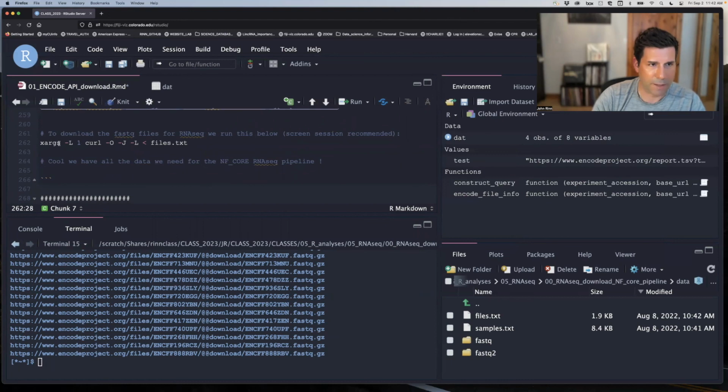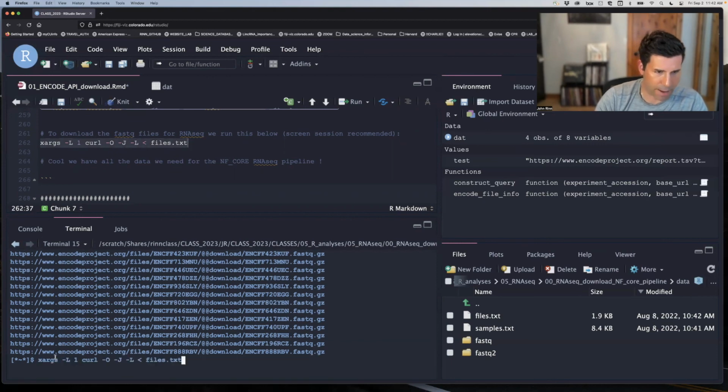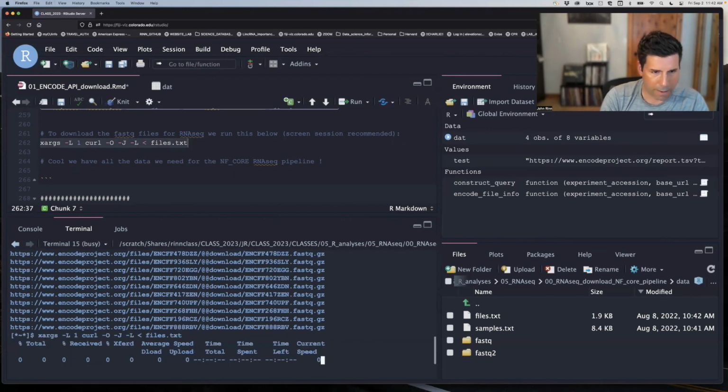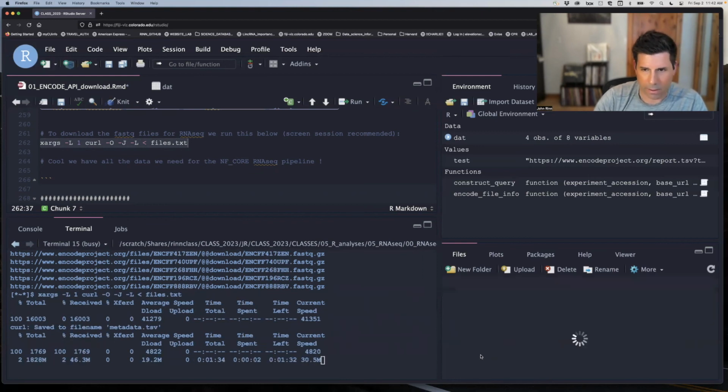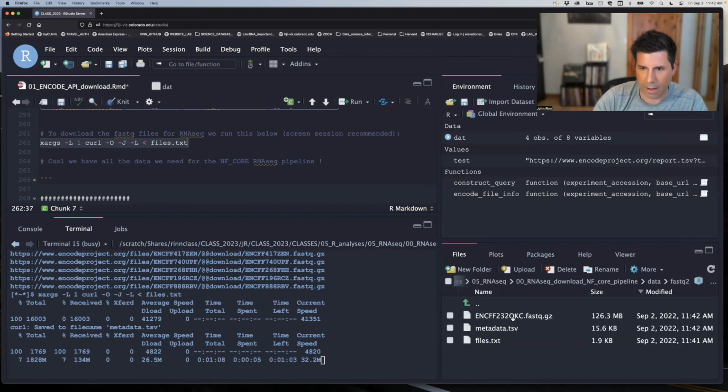And so what's going to happen is xargs is sort of bash memory or shell memory. It's going to skip one line and then run curl on this files.txt. There are some other parameters of curl here if you want to look at them in the manual. And so if I now run that here, I'm going to start downloading FASTQ files into my FASTQ2 folder, and I can take a look at that progress. Okay, cool. I've got a metadata TSV and a files.txt that I just used for the wget,